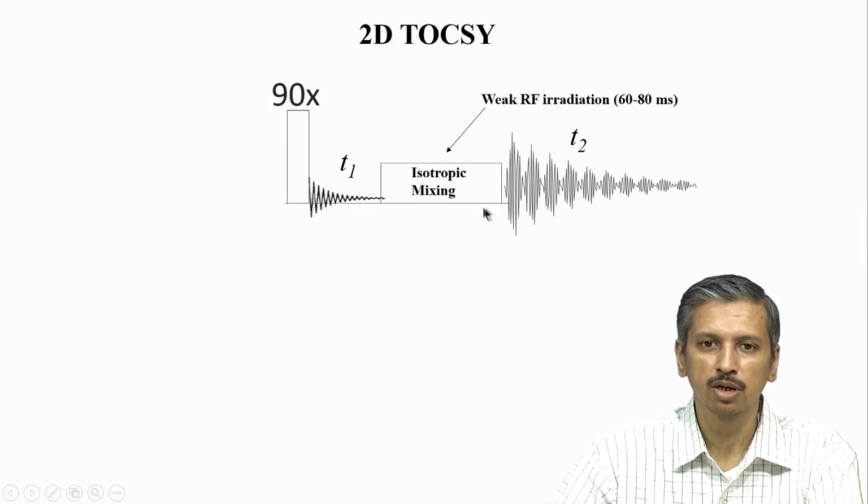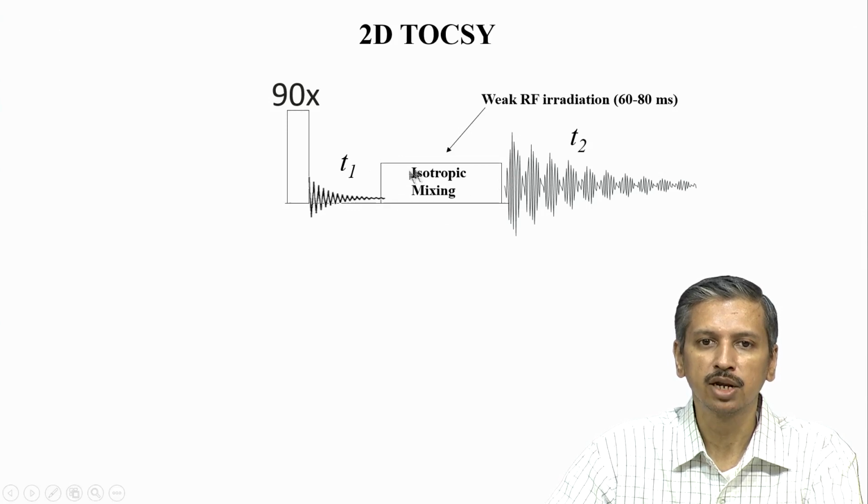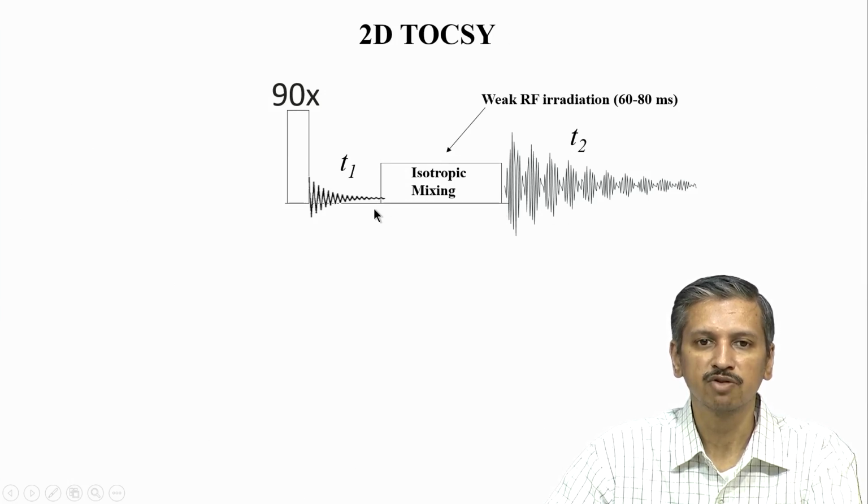Now, what is this block? This block is a collection of RF pulses. It consists of 180 degree pulses typically. We will not go into detail of what is inside this box. Right now you can think of it as a black box. What it is doing is called isotropic mixing, meaning whatever magnetization comes here is now mixed with all other magnetization, and the output is that the magnetization from A actually lands all the way in a far away proton.